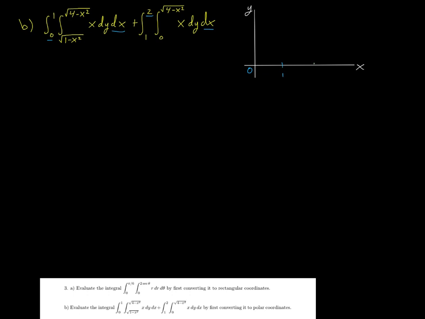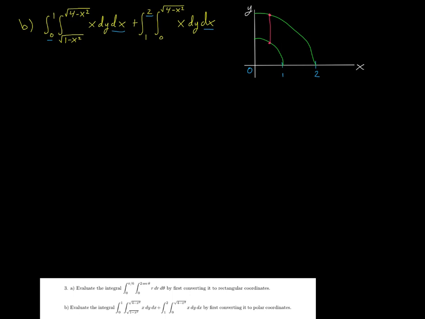So go ahead and put these in for our reference. And so, as we said here in this inner integral, we're going from the unit circle, so I'll just draw this portion of the unit circle from 0 to 1, out to that circle of radius 2. So I'll just draw this portion, circle of radius 2. And so we're really describing now a dy dx integral looking at a vertical strip like this, going from